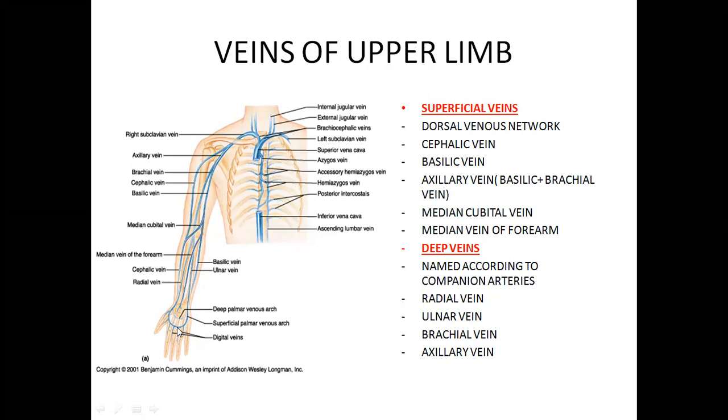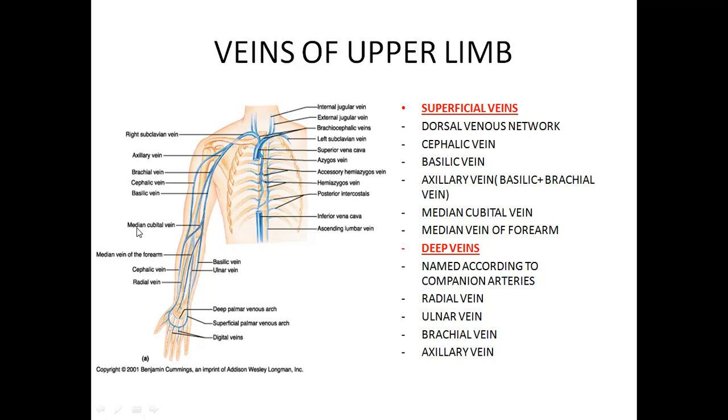Okay, so I told you that is seen from the dorsum of our hand. The medial continuation is the basilic vein and the lateral continuation is the cephalic vein. Both of them will actually drain into the axillary vein. Connecting the cephalic and basilic right in front of the elbow joint, we have a very important vein, that is the median cubital vein.